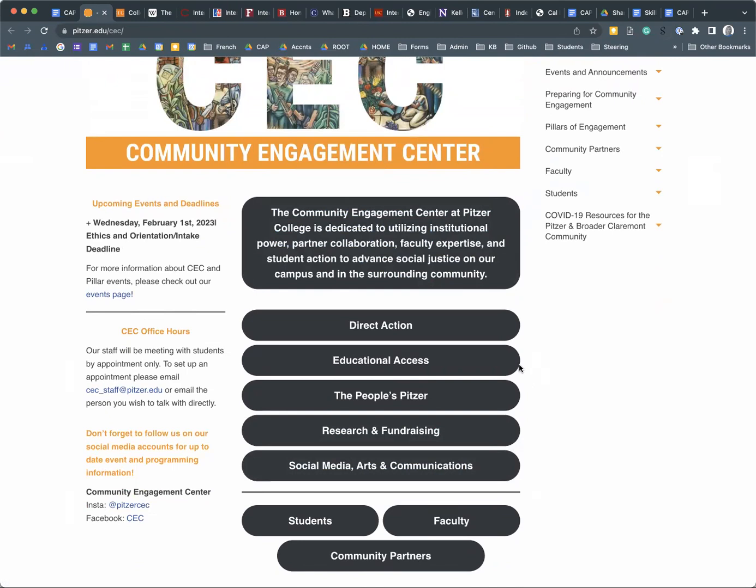Loyola Marymount, Santa Clara, and San Francisco actually incorporate service into the curriculum, especially Santa Clara and Loyola Marymount. So those are schools where service is actually really important. So if it's important to you, I highly recommend looking into that as well. That means that when you arrive on campus, you can actually go to the service center. Again, you've done some preliminary homework.